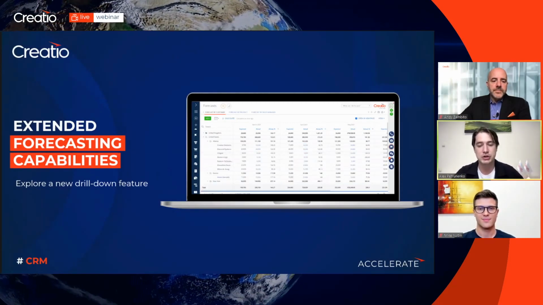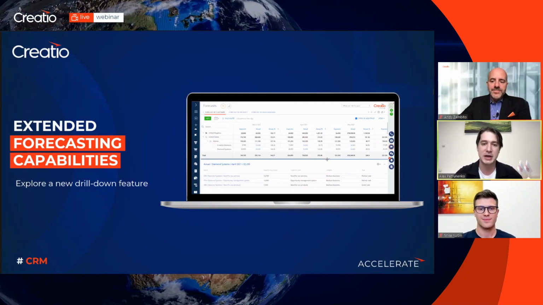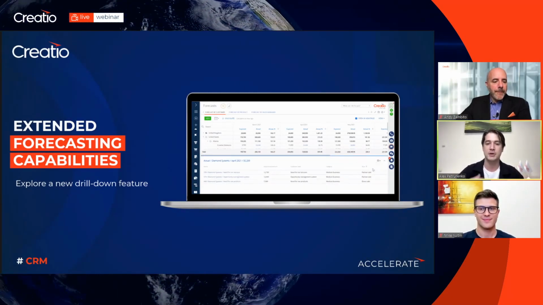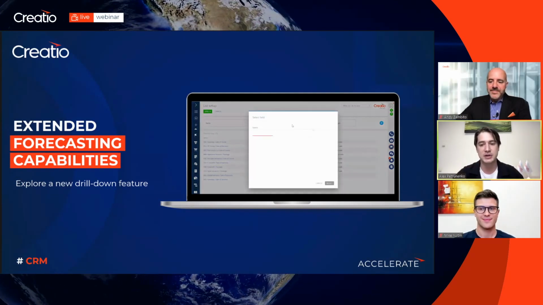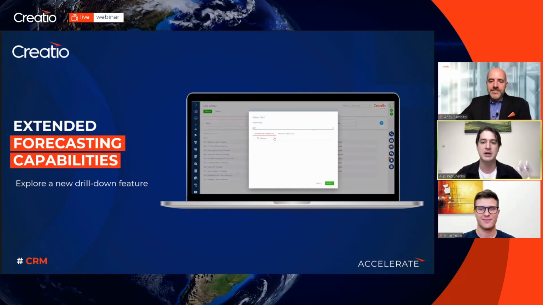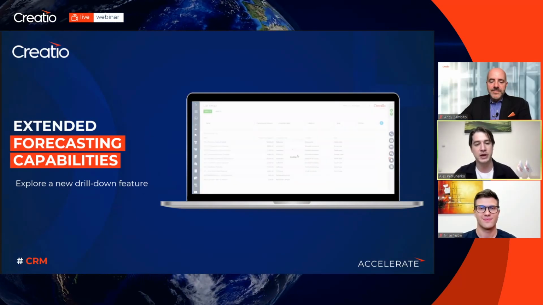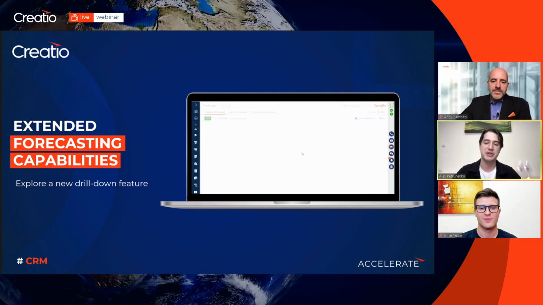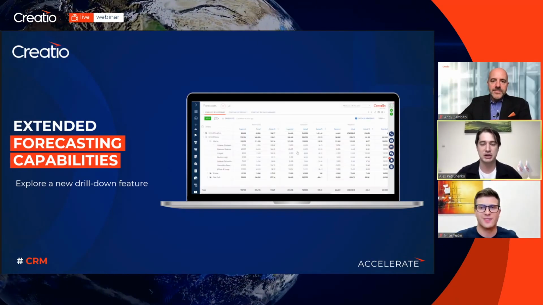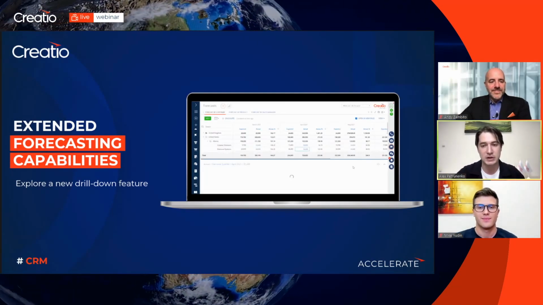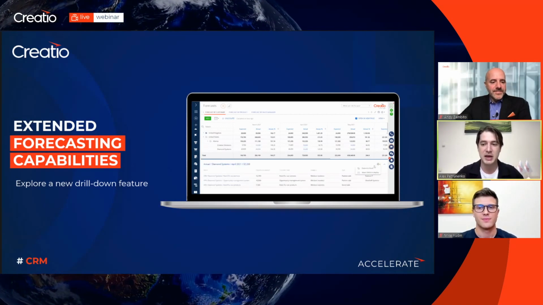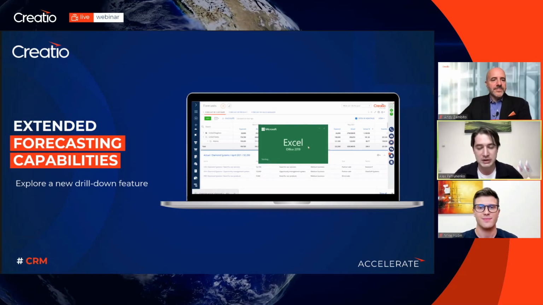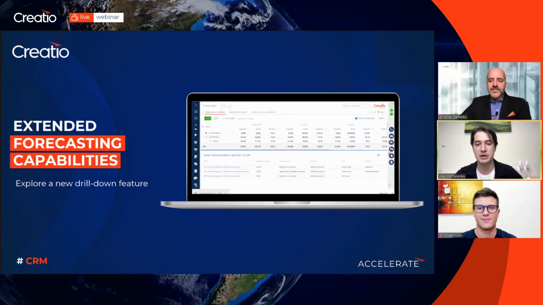we are introducing a new drill down capability that allows us to have a better understanding of the breakdown of certain values that have been brought to the forecast, right? If those are the sales forecast, what are the opportunities that are actually contributing to the number? But then we will as well be able to configure all of the additional data attributes that should be displayed and export those seamlessly into Excel for even more in-depth and further analysis if needed, or just sharing it